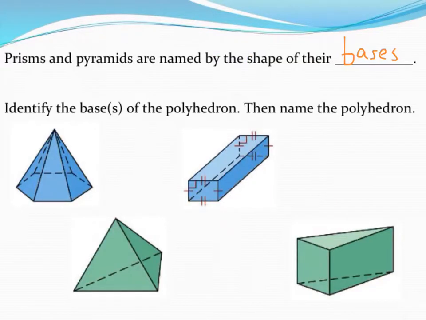And finally, let's work on naming polyhedron. Now, polyhedron are going to have 2 names. They're going to have a first name and they're going to have a last name. And their first name is always going to be named based on the shape of their base, no pun intended. So taking a look at this first diagram, to find my base, I can see that this is going to